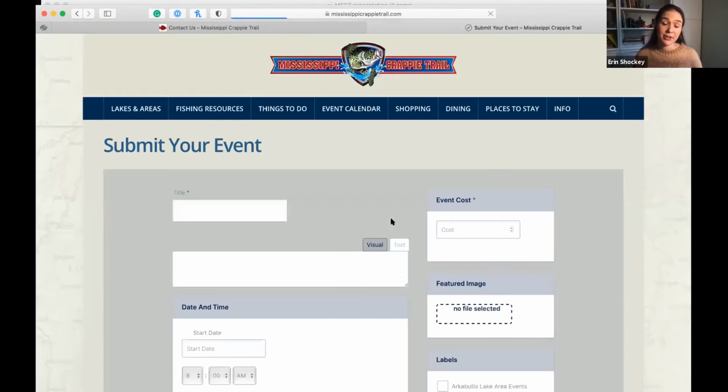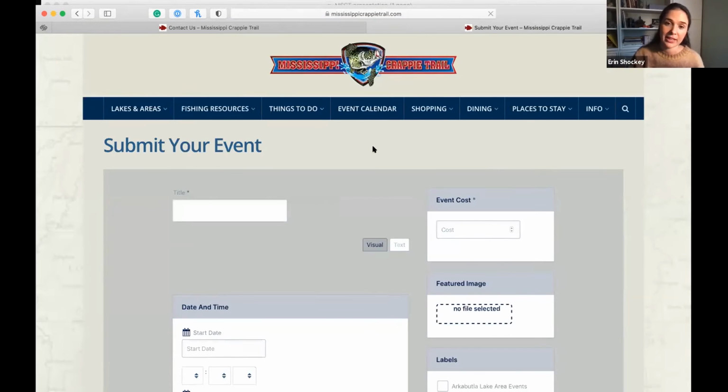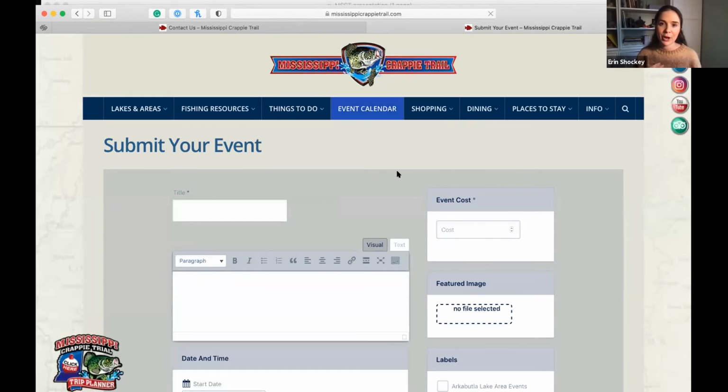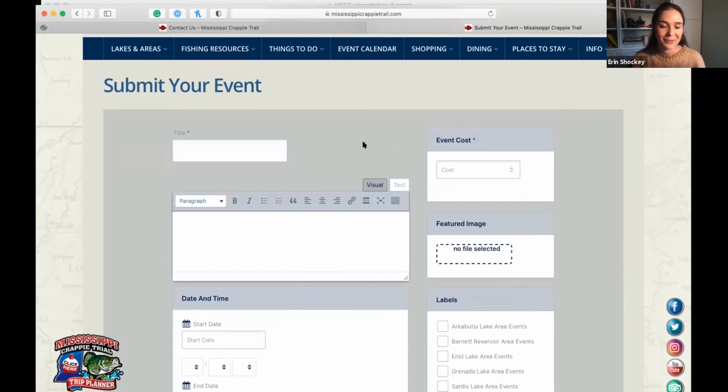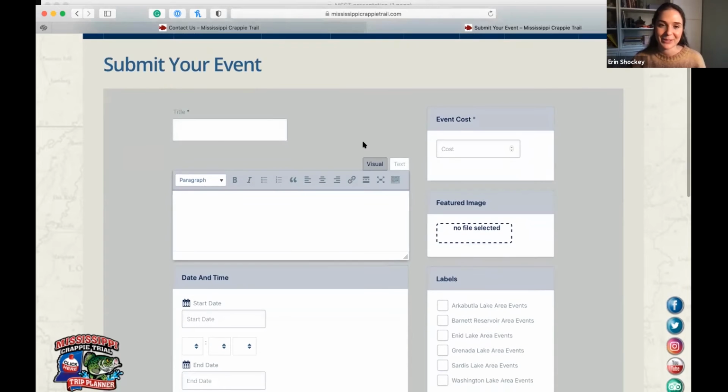So like Matt showed y'all, on our event calendar here in the middle, we have so many events across all the lakes. And this is such a great feature for our site because we really want people to be involved in that local community, and even people visiting get to experience that as well. So all of these events that are submitted through this form will go to our event calendar once they are reviewed. On this form, there's quite a few more fields to fill out as opposed to the business form,